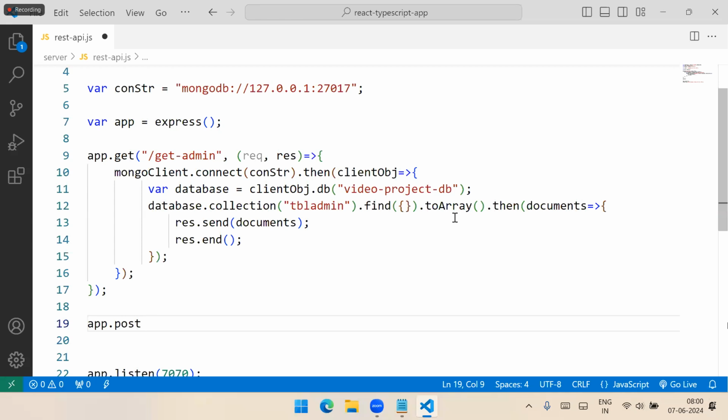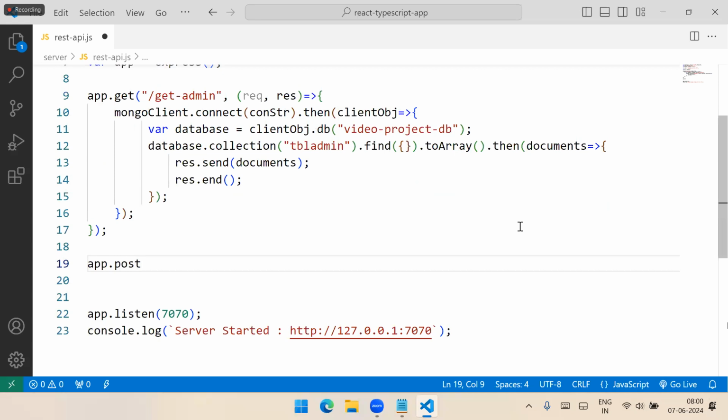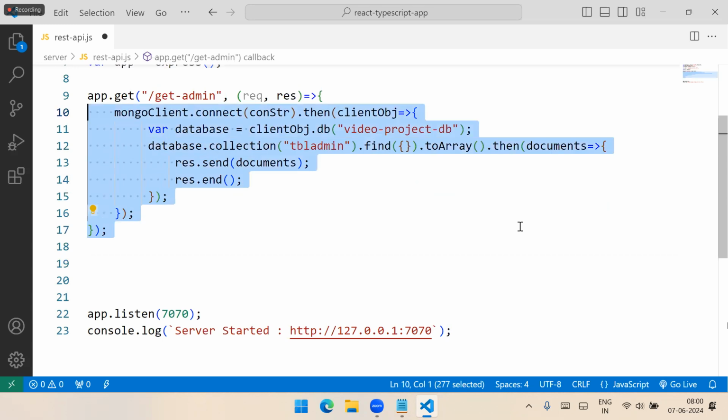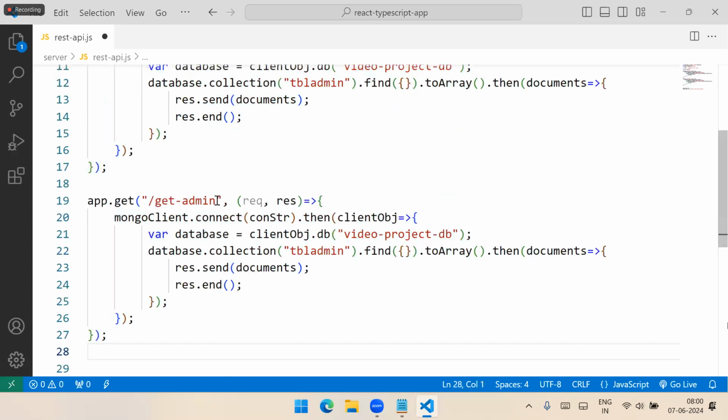Actually, you need another one, categories also. Two predefined tables are there. That means I will put another copy. Here we will put get categories. Get categories, and here